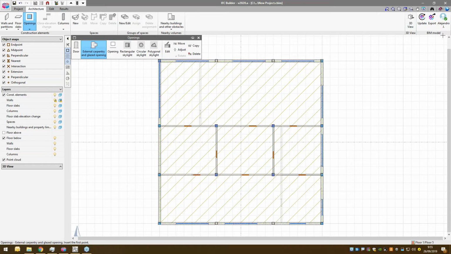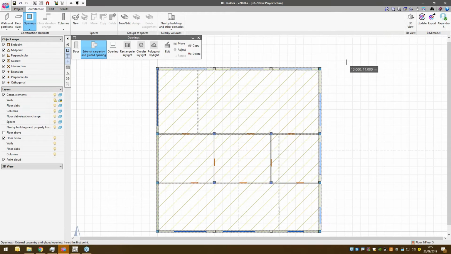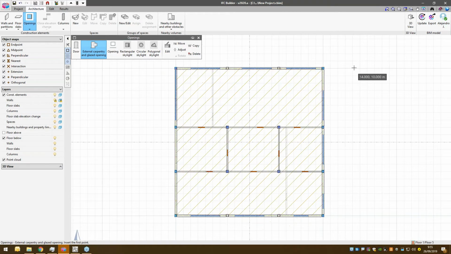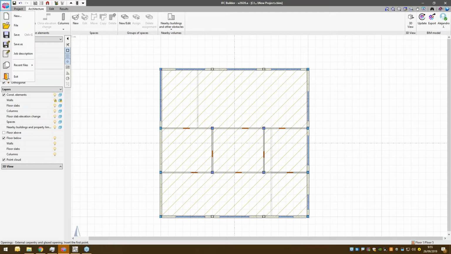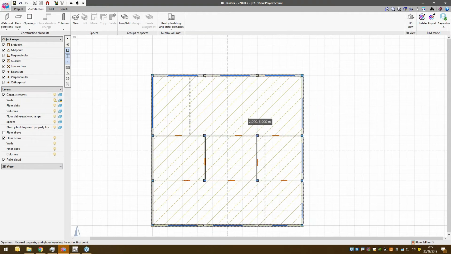That means that we are working basically in IFC, which is the standard in Europe and probably worldwide soon. The program has its own native format, which is .cbim, but I'm just going to show it you right now. I'm just going to save this question for the end, so you can see how this project is saved in the cloud and how you can access it